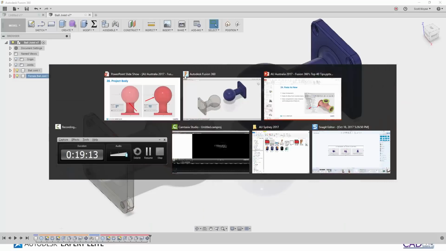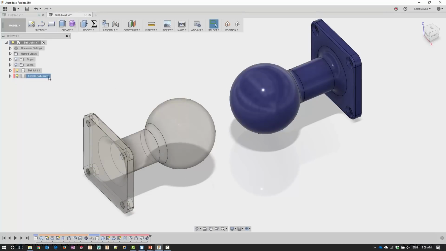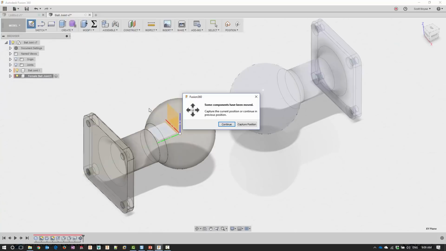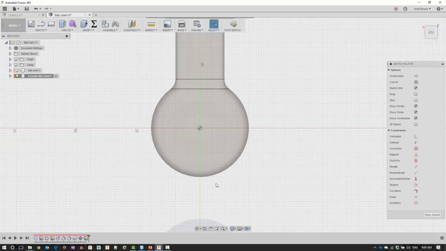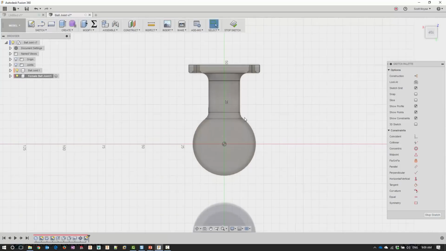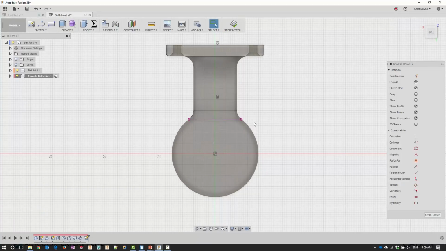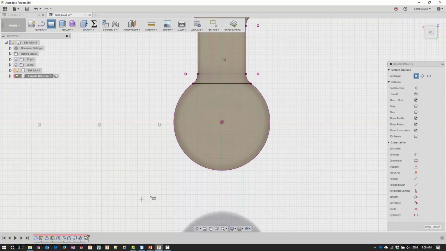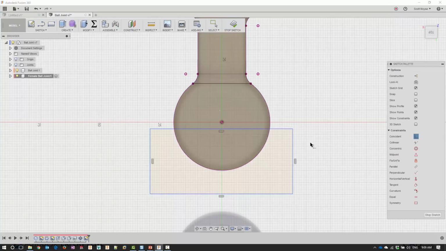Alright, so project body is a pretty cool command. So if we edit this, activate this component and create a sketch on that plane there, we'll capture the position. If I press P for project and then select this face and project that face, then I end up with that line, just that one edge, which isn't what I need. I need to be able to get the kind of silhouette of this. So if I press P again, turn on bodies and pick the body, then I get the whole lot appear, which is awesome, because then I can create a rectangle in here and start tying it down to the kind of silhouette of that